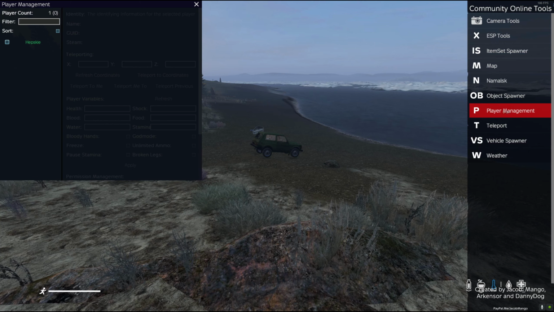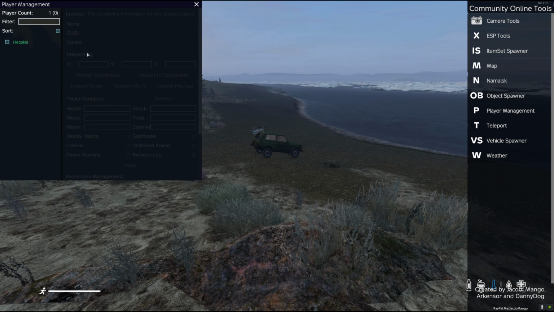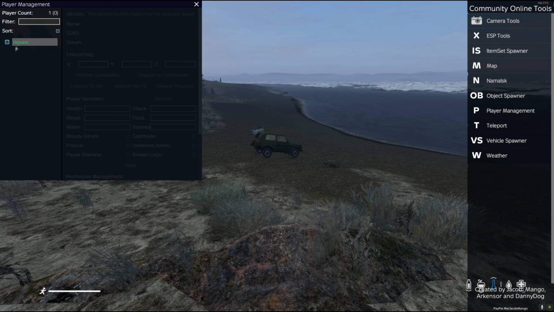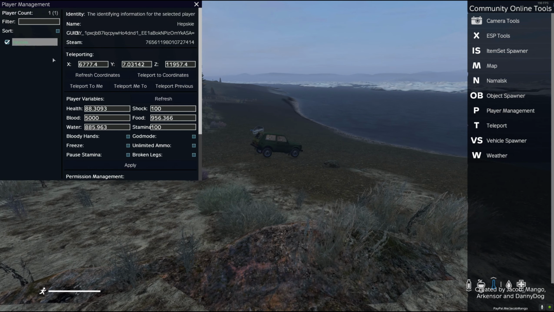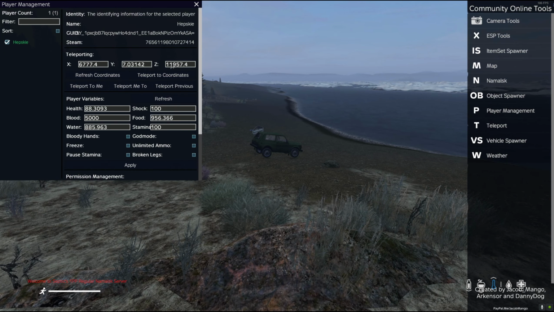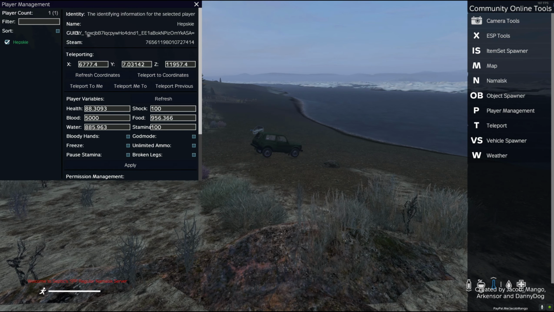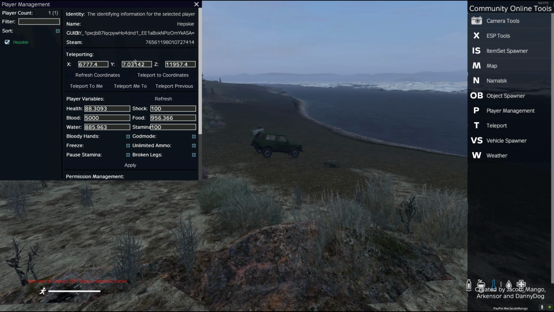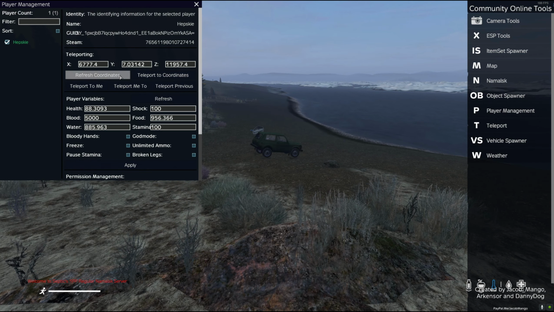Player management. Now this is an important one. It'll give you a list of all the players here. Currently I'm the only one in the server, so Hepsky. I'll click on my own name and it'll give me my coordinates, so my X, Y, Z coordinates. There's my GUID, look up there. It's my name, my Steam ID. It also has